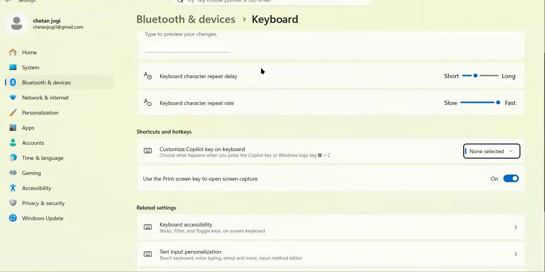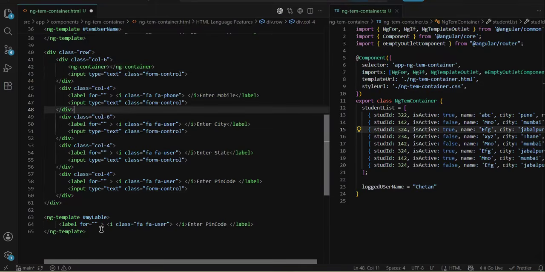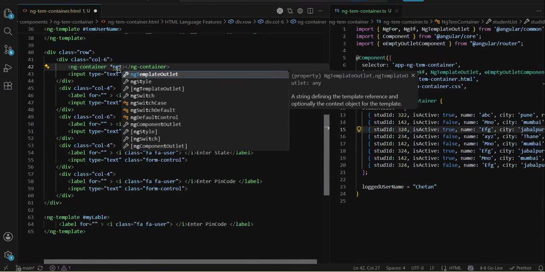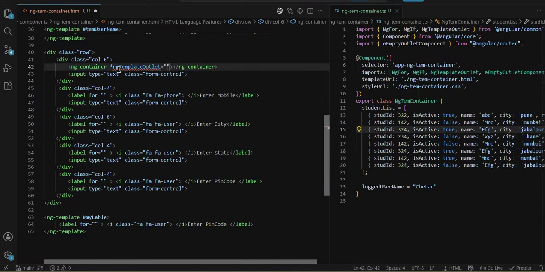And while you want to render that template over here, star ng template outlet equal to, then you have to pass the template name, that is this. Now while rendering, you need to pass the data also. So how do you pass the data? In context